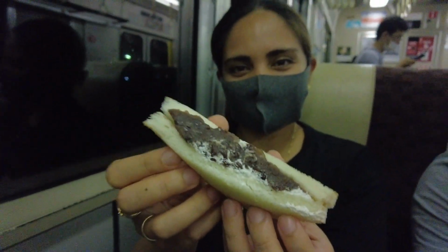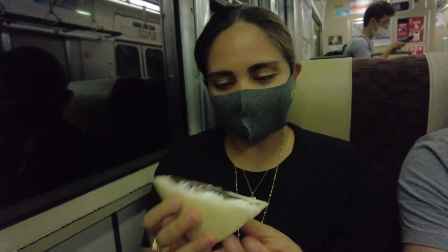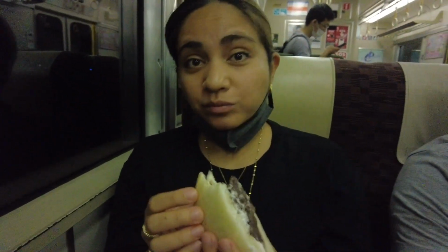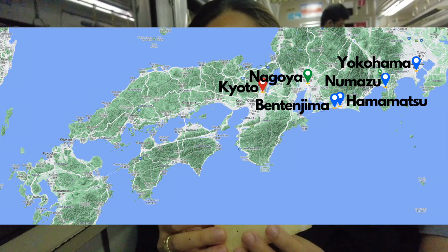After the lovely visit to Nagoya Castle and to Sakae Station, it started to get pretty late, so we had to start making our way to our last stop, which was around 2 hours away. The day was long, but definitely awesome. At this point, I wanted so badly to just rest, but I was also excited for day 2. Our last stop for today was